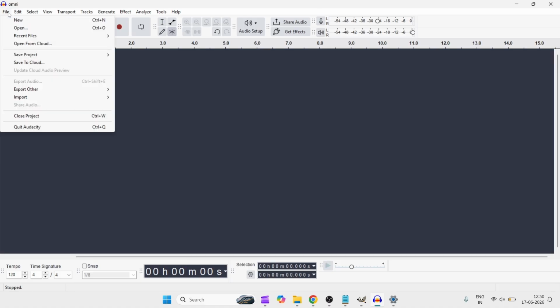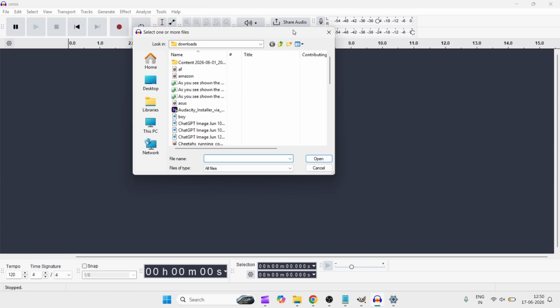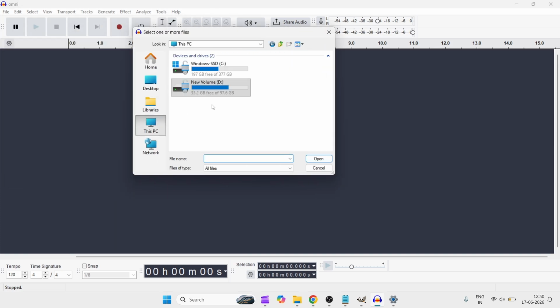First of all, import the audio which you want to convert. Say, for example, if you are taking .wav and you want to convert it to .mp3, we'll see that example. On the file menu, I'll click on import, then click on audio. So on your computer,